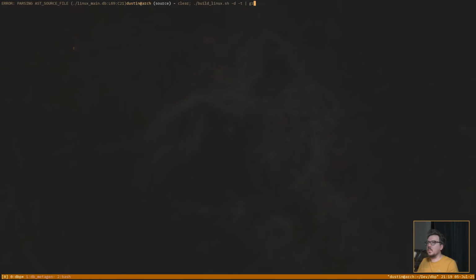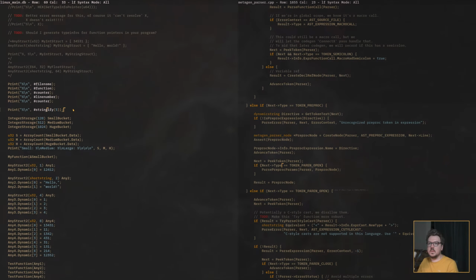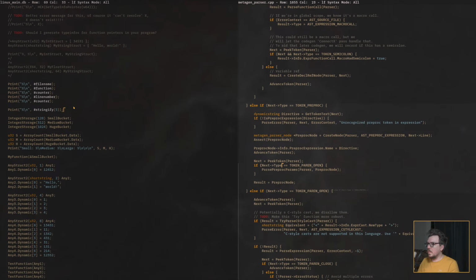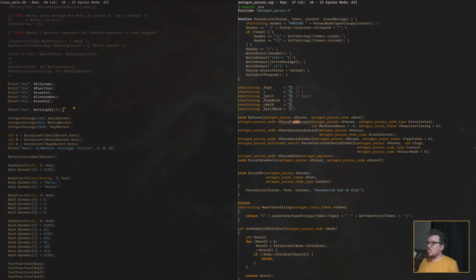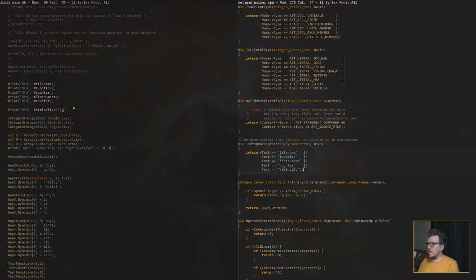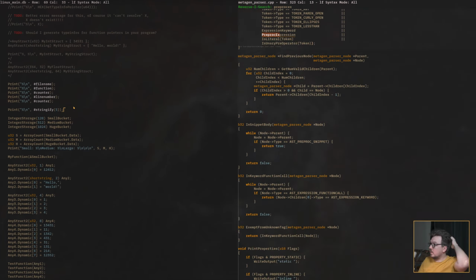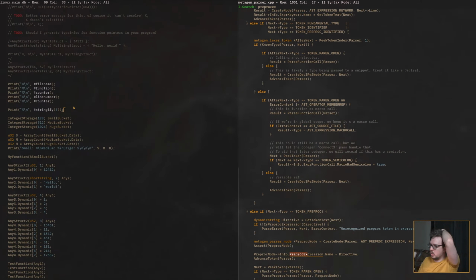Okay, let's stop printing the tree and stuff. Unhandled token on 69. So preproc expression. We do have this stringify. Oh, and so this is the case where we're not doing the closing.